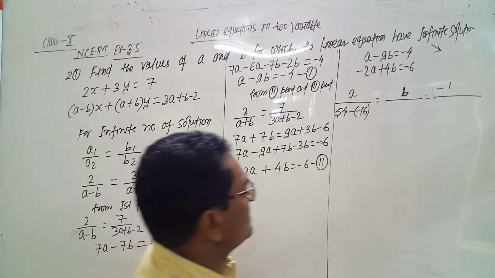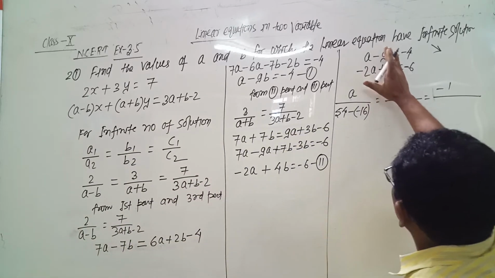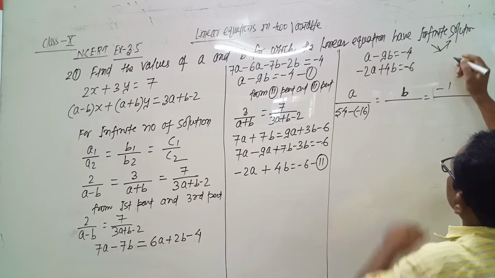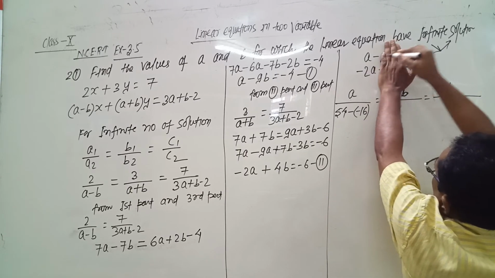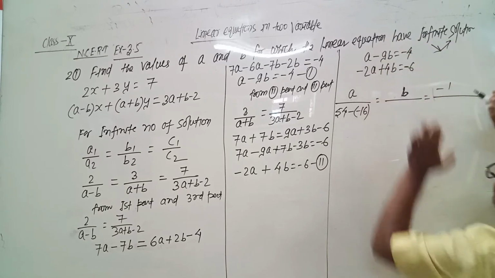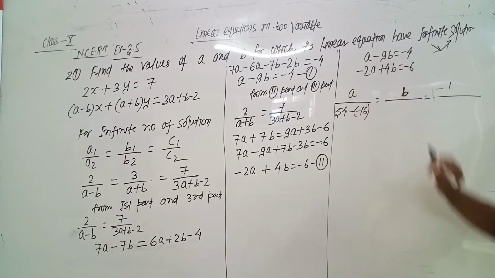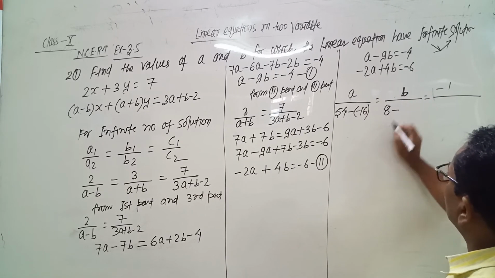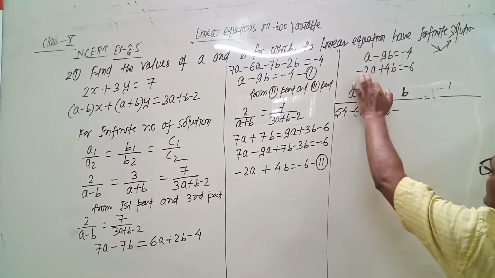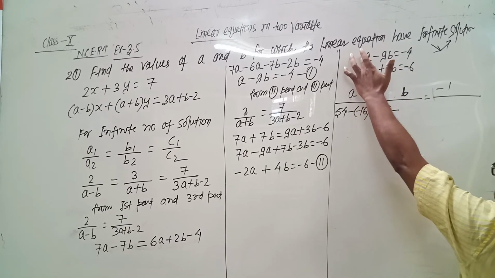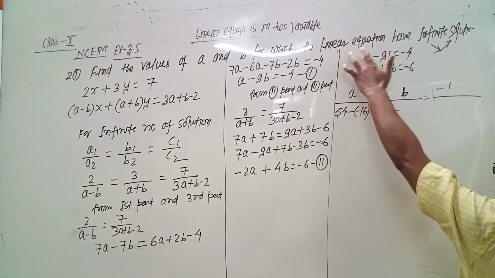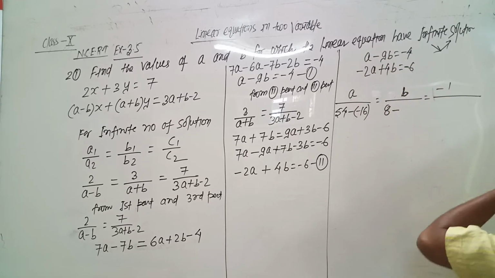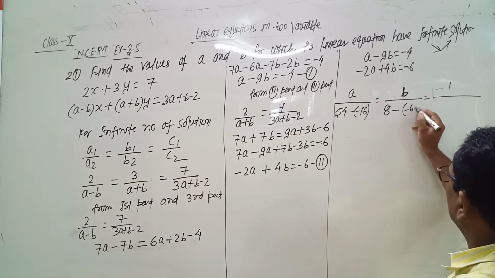Now we take the term containing b. So close the term containing b, and the direction of multiplication is from bottom to top. So minus 2 multiplied by minus 4. Minus minus plus 8. Put the minus sign. When we multiply this by this, then we multiply the coefficient of a by constant term minus 6. So 1 multiplied by minus 6, it comes minus 6.